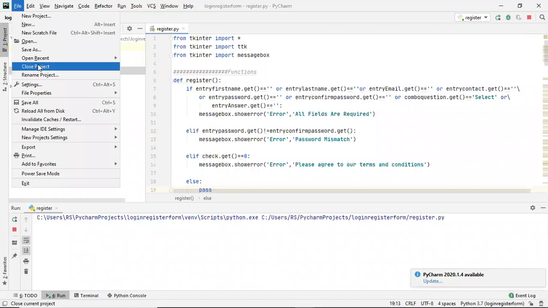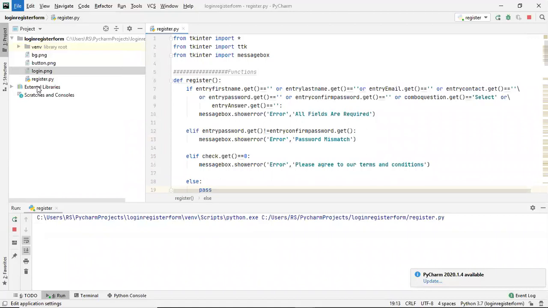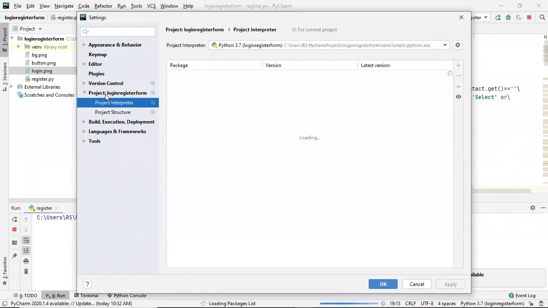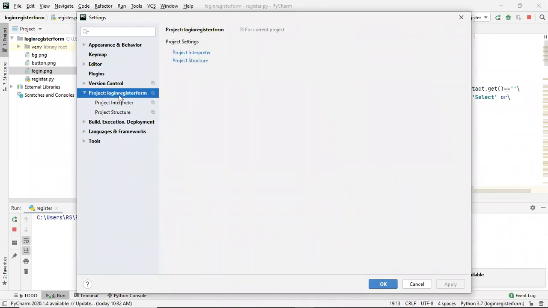connect with our database. You just have to go to this file, then go to the settings here. Once you are in settings, you will go to this project, with the folder name which you must have given here.